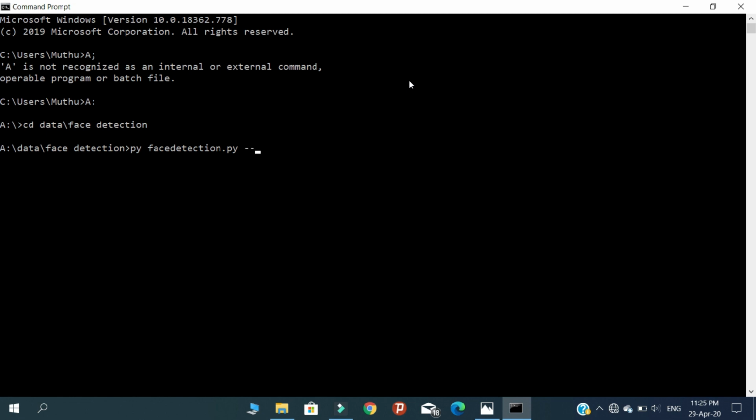So let's give 2 hyphens and image. Here you need to specify the name of your image. Here I'm just importing man1.jpg. You need to mention the extension of your file. Let's click enter.